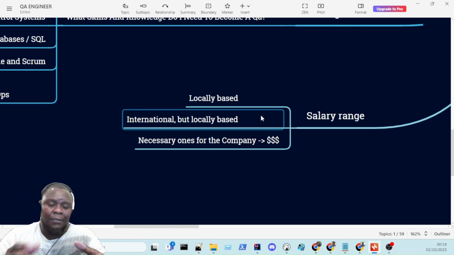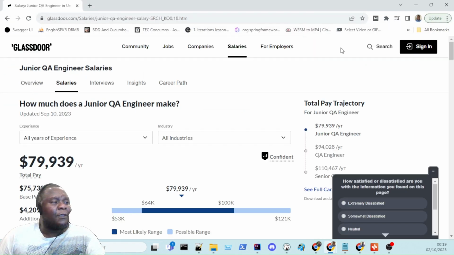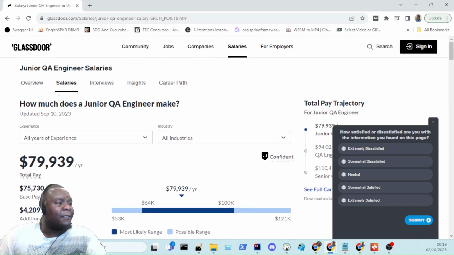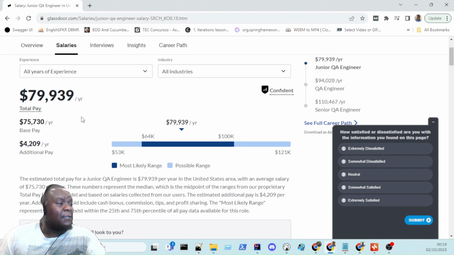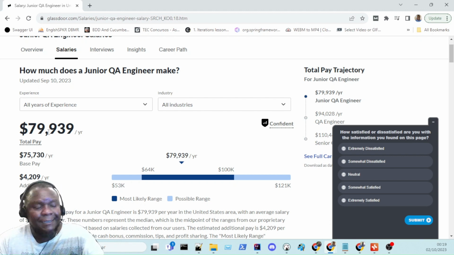I just want to show you here. Let me show it to you right now because it's going to be easier for you to understand what I'm saying. For example, I just made a search on Glassdoor, and what I want to know is how much a junior QA engineer earns per year. On Glassdoor, you can see here that a QA engineer can make 79 thousand or 80,000, right? $80,000